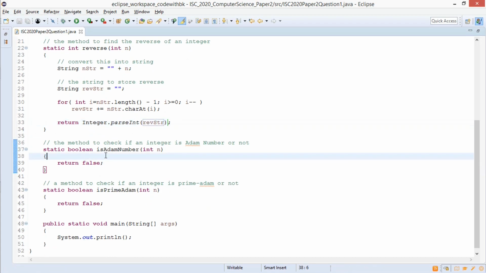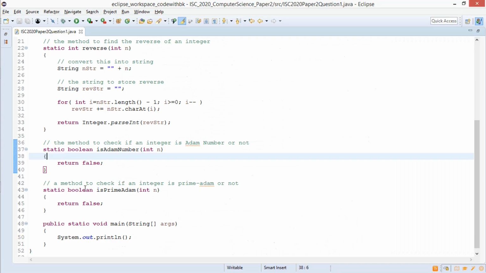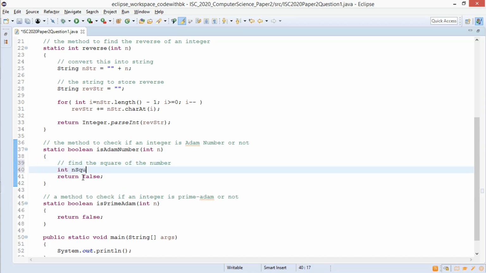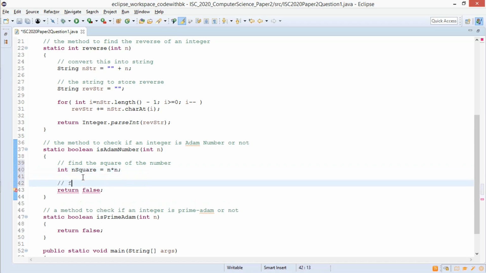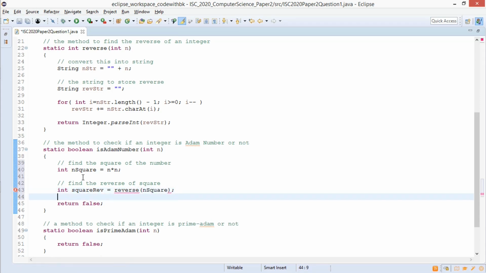Next thing you need to check if a number is an Adam number or not. A number is an Adam number if the reverse of its square is the square of its reverse. The square of a number and the square of its reverse are reverses of each other. So first we find the square of the number: int nsquare equals n into n. Find the reverse of the square: int squarereverse equals reverse of nsquare.